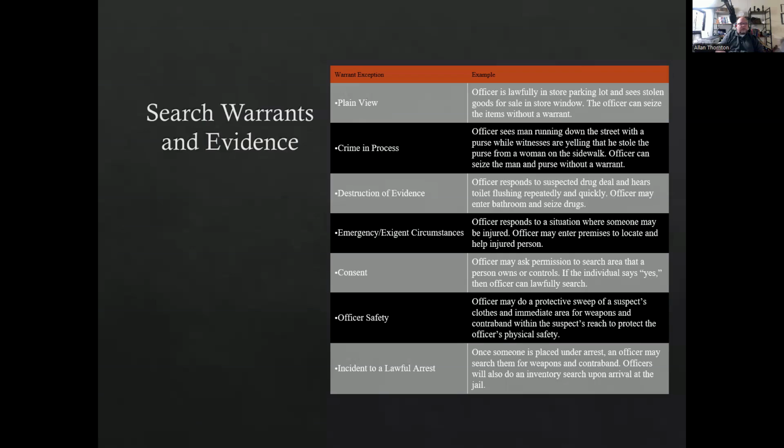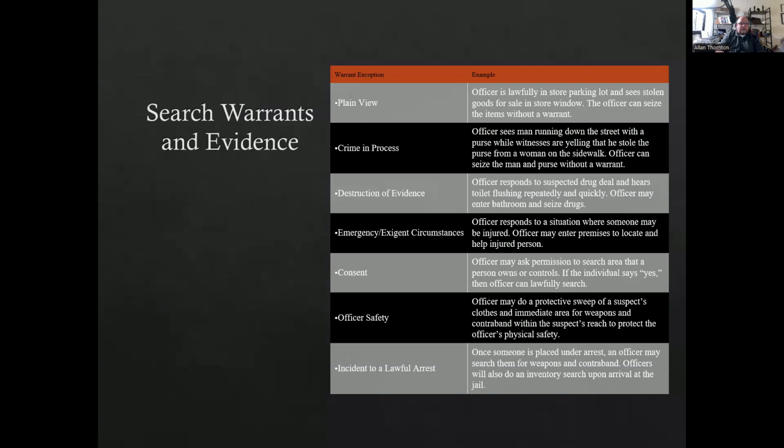If it's an emergency circumstance, now, this is one Hollywood loves to play up. You've got two officers standing there, they don't have a warrant to get in. One of them looks at the other and says, hey, I hear somebody screaming in there. Me too. And they kick a door in. Well, there's actually an emergency or exigent circumstance that can happen, but there better be somebody in there who needed your help if you do that. If not, you're probably going to have to answer for that, and you're not going to have some happy prosecutors and judges in those cases for the most part.